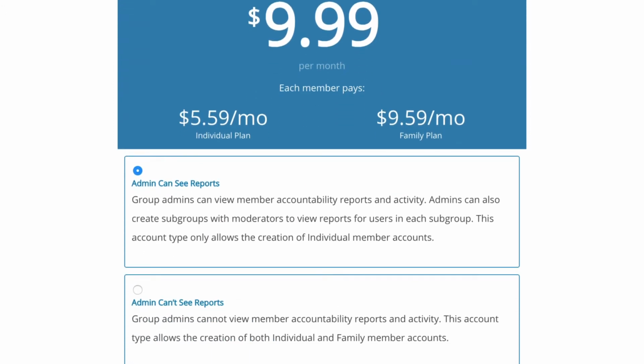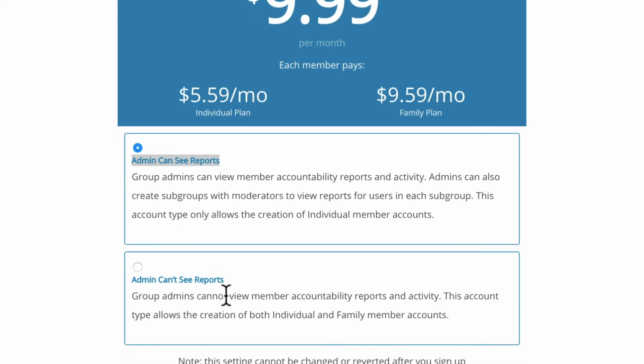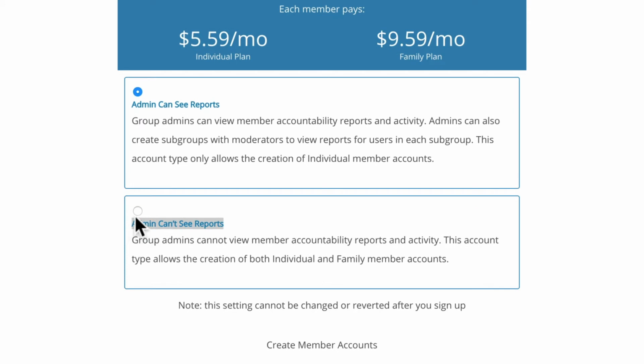You can choose one of two types of groups. If you want yourself or a moderator you select to automatically get activity reports for members of your group or its subgroups, choose the first option. Members of your group will be able to create their own individual member accounts. Now, with the other option, you won't be able to set up yourself or a moderator to get the activity reports or alerts automatically.